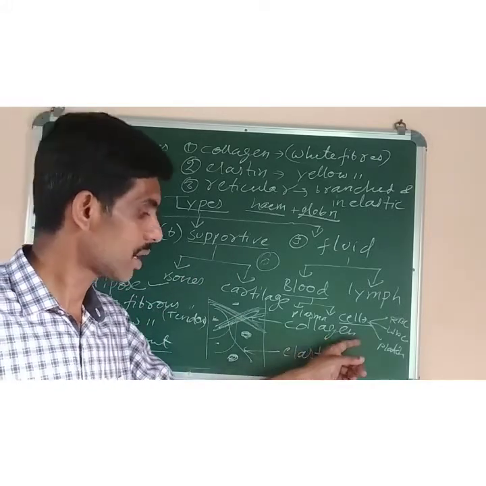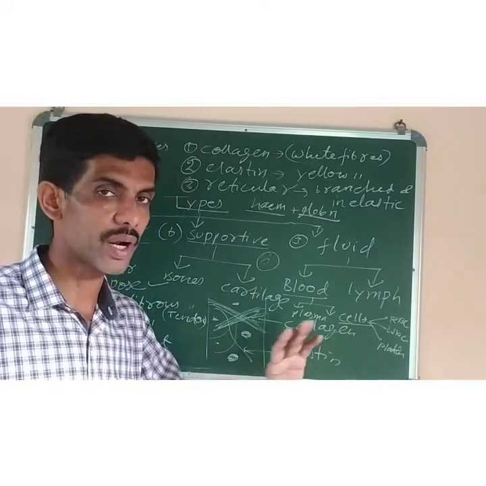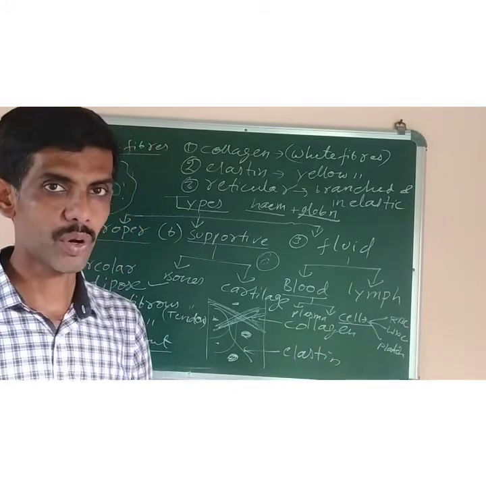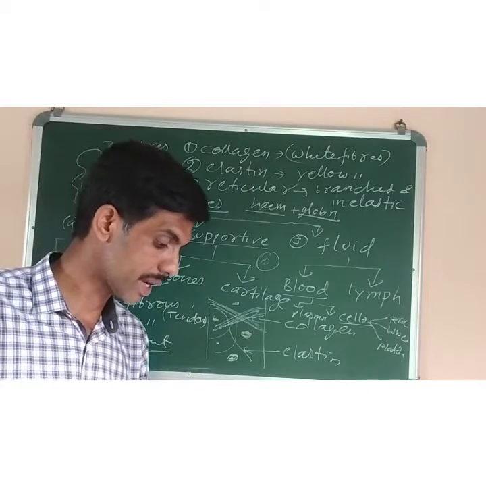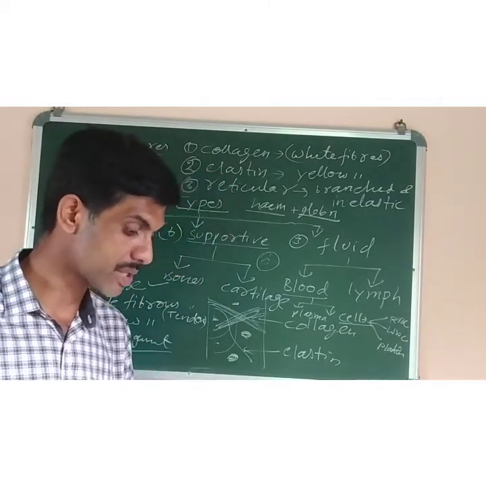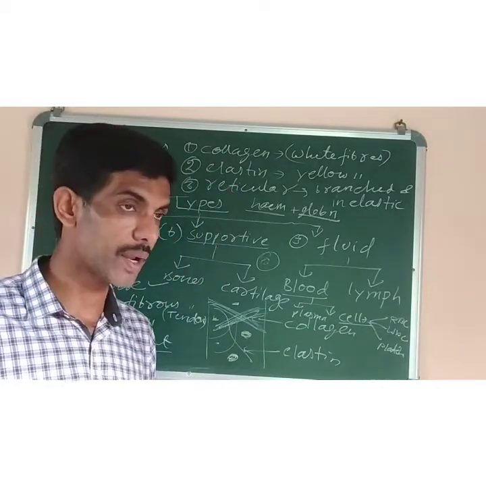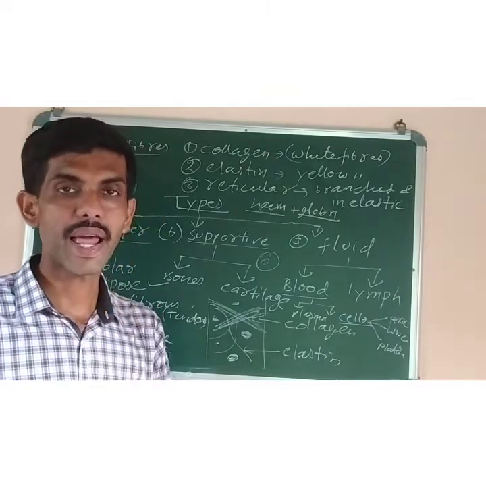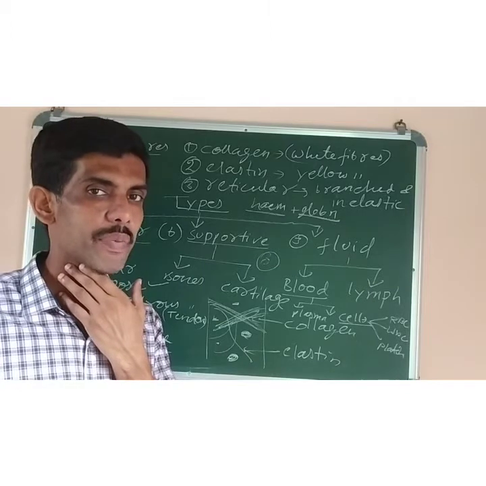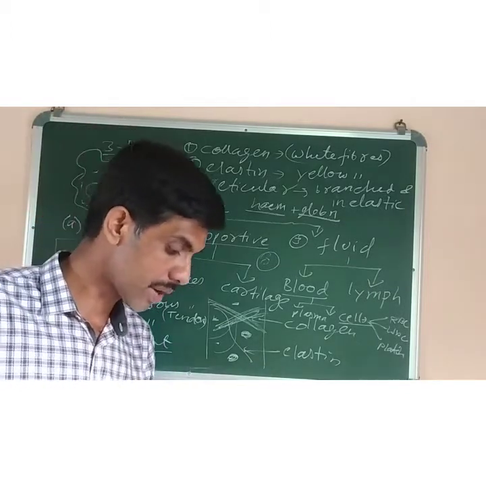So lymph is a straw colored fluid that does not contain hemoglobin, and it also contains lymphocytes that help to fight against disease-causing germs. They are phagocytic, they maintain the volume of blood. Among the different organs, we have lymph nodes, lymph glands, like the tonsil is a part of the lymphatic system. Spleen is also a lymphatic organ.